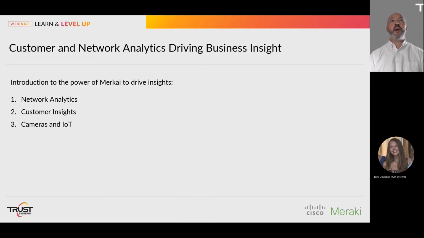So, just to reiterate the purpose of today's session, it's a bit of an introduction into customer network analytics and how those analytics can drive business insight and therefore provide business value. We're going to do an overview of that Meraki stack. That's going to include the MRs, the access points, the MVs, the cameras, and we're going to do a little dive into some of the IoT sensors, the MTs that are now available within the marketplace,